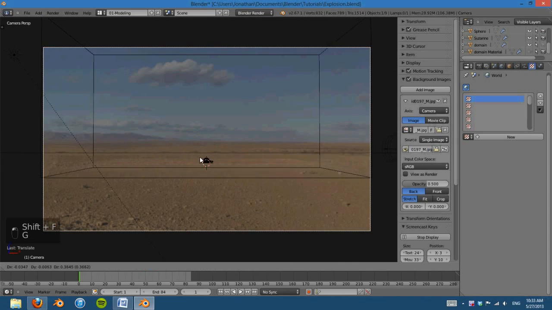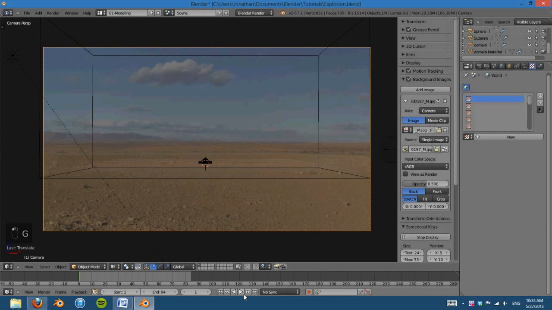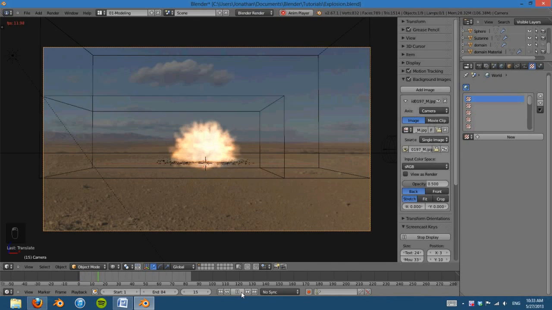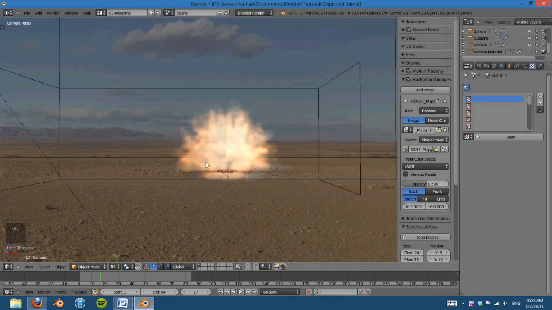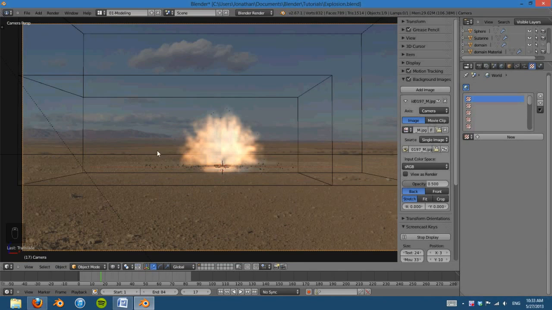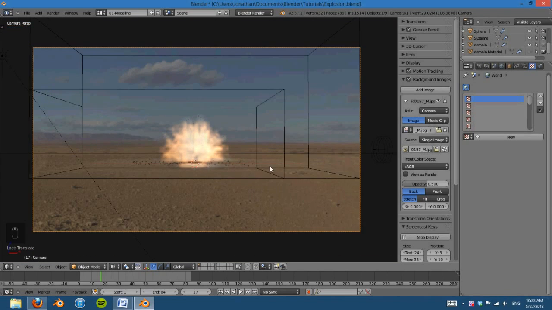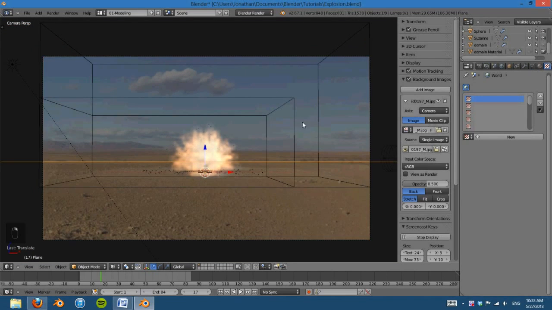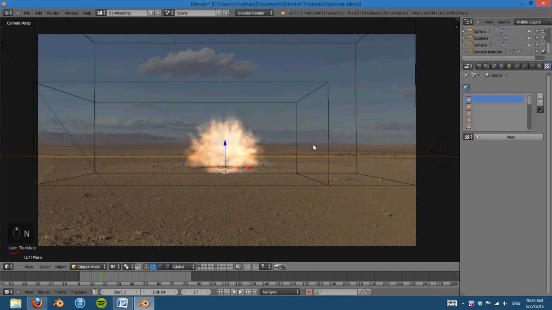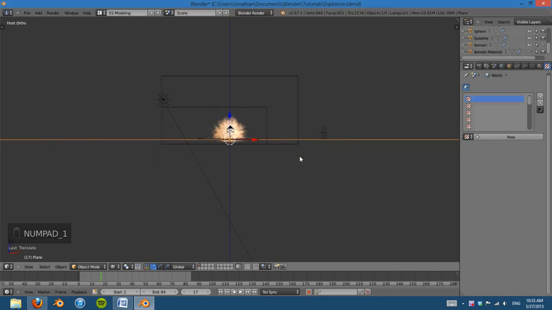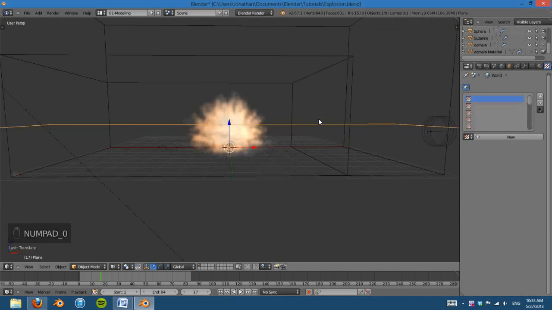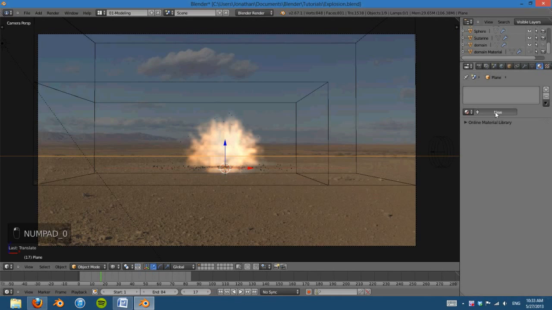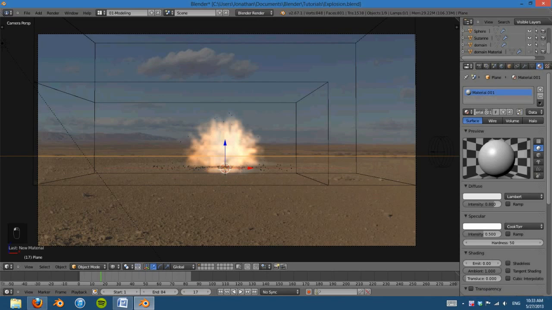Okay. I think that should be good. So, in the camera view, now we have this explosion happening on this backdrop, and we're going to composite in that exact image, so it's going to be behind the explosion. But what we don't want is this part under here to be seen when we do the compositing. And so I'm going to add a new material to this, and I'm going to call this,